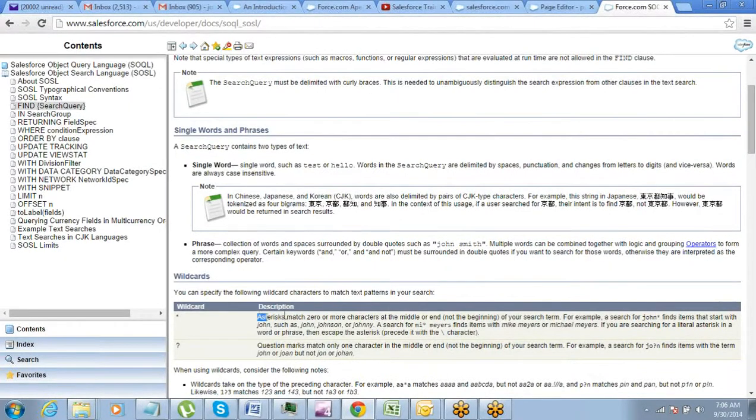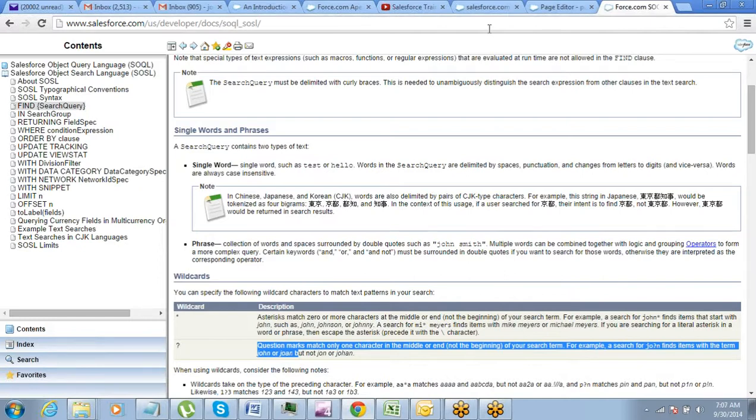Asterisks match 0 or more characters at the middle or end, not the beginning. So you cannot put the asterisk at the beginning. You can put it at the end or middle. So if you know the first and the last part of it and you do not know something in the middle, you can put that. The question mark matches only one character in the middle or end. So asterisk can match multiple characters, and question mark can match only one character.